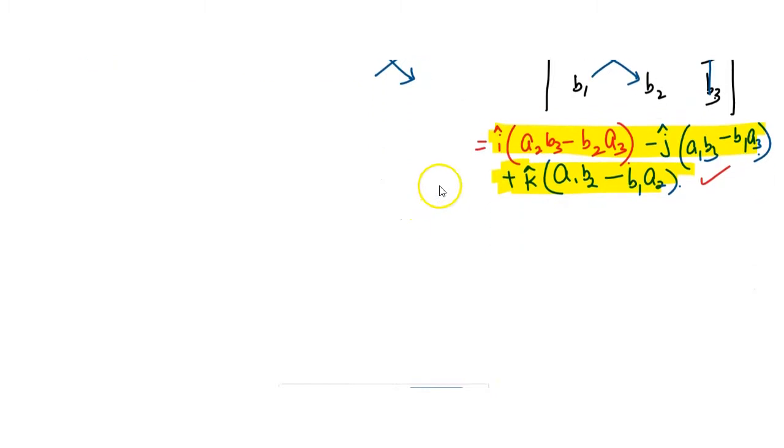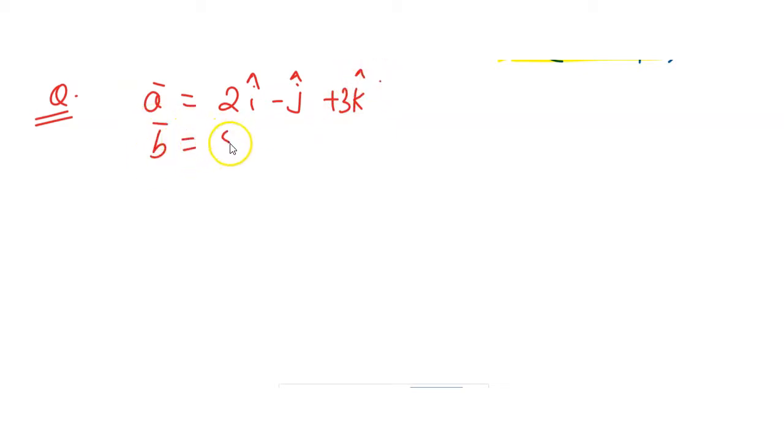Okay, so we will do some basic questions to get the thorough idea about whatever we learned, and then we will move to the advanced level questions. So let us suppose two vectors. A vector is 2 i cap minus j cap plus 3 k cap, and B vector is 5 i cap plus 2 j cap. So we have to find